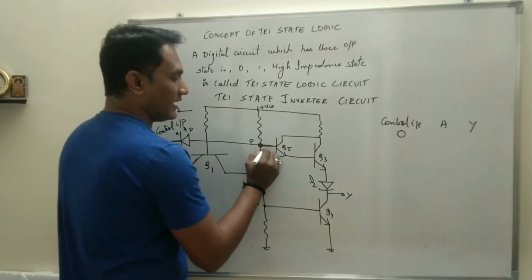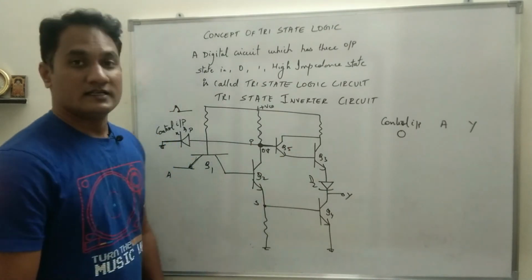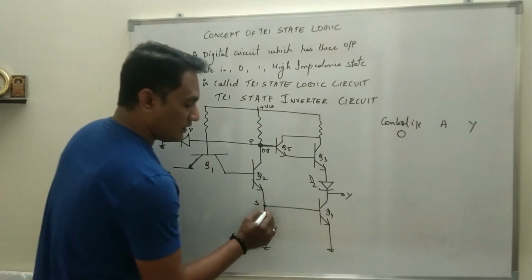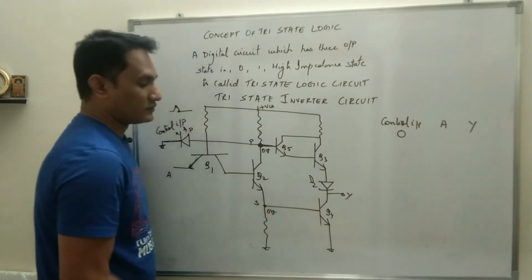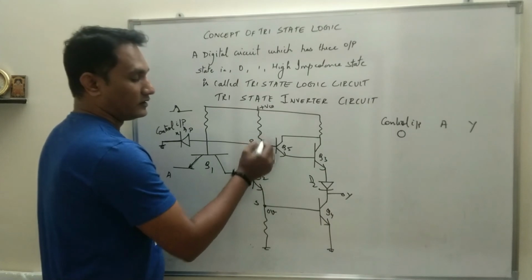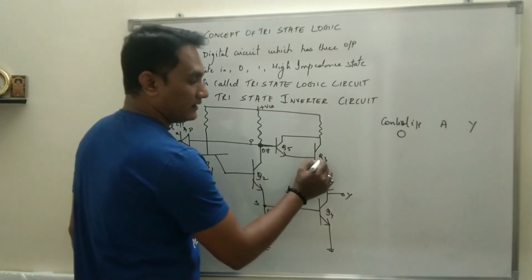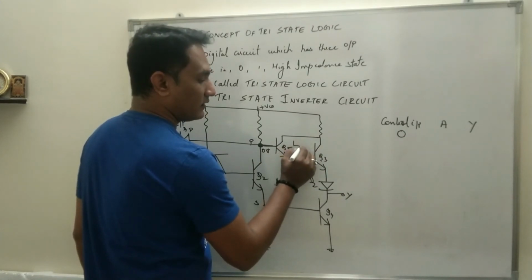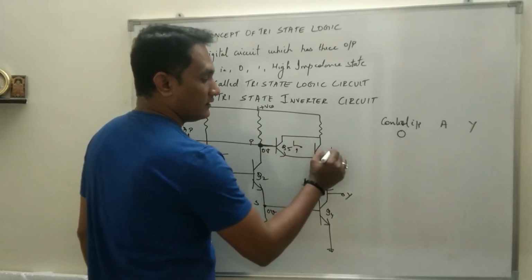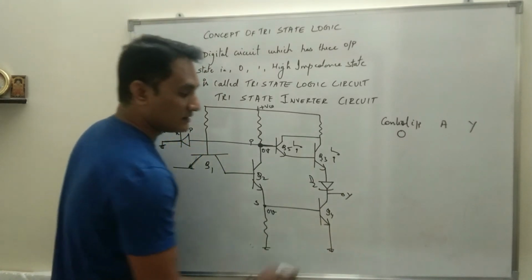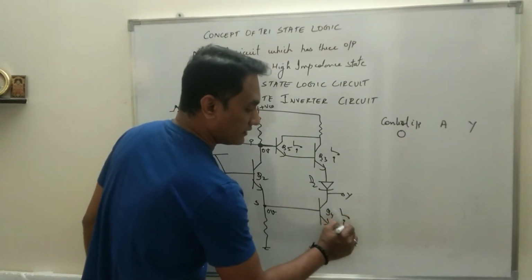So potential at this point is 0 volt. Okay, potential at S will be, of course, 0 volt. Q5 and Q3 both are in cutoff region. Cutoff region means no current is flowing through the transistor. Q4 will also be in cutoff region.